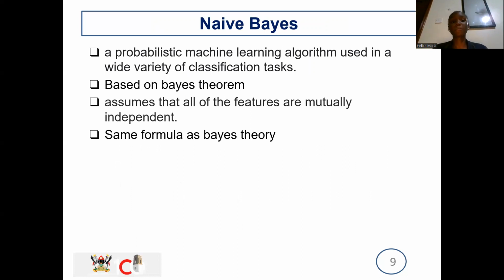This is a probabilistic machine learning algorithm used in a wide variety of classification tasks. So this naive Bayes actually comes from the Bayes theorem, and it assumes that all the features are independent. The length will be independent of the radius, will be independent of the color, and in naive Bayes, it's straightforward. Okay, according to research, it's not realistic because at some point things are supposed to relate, but it's very simplistic